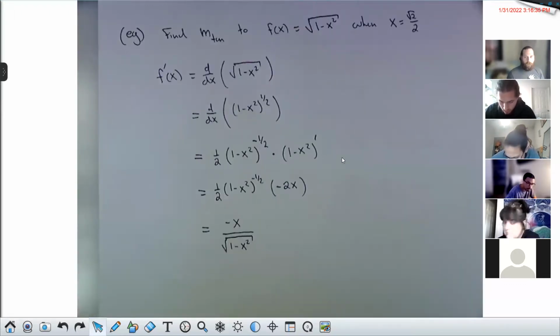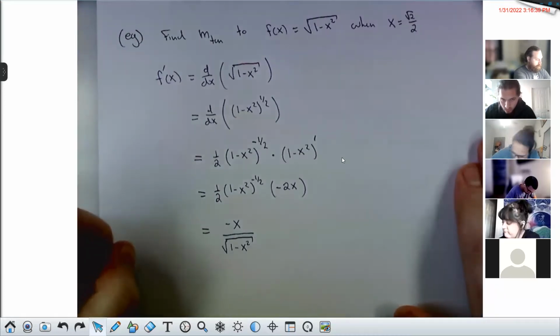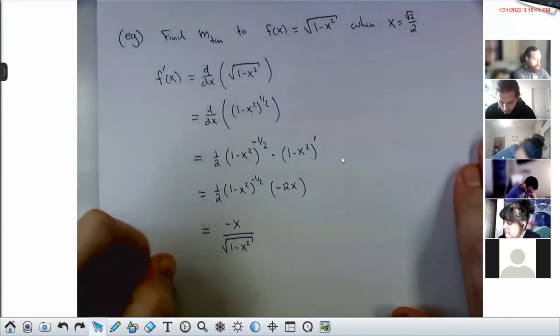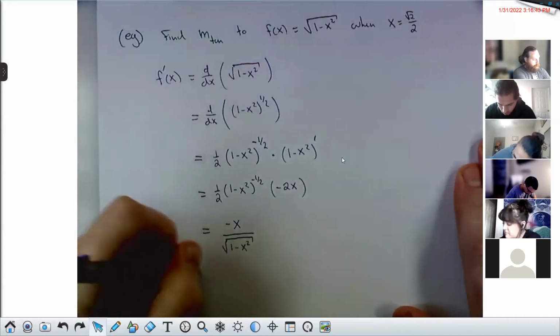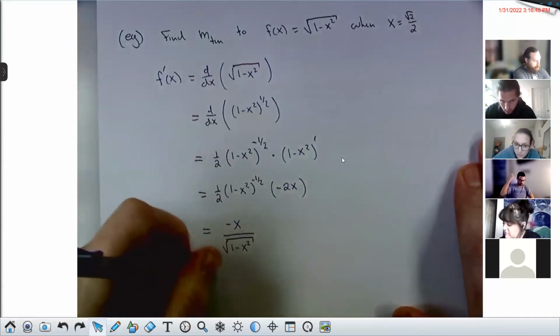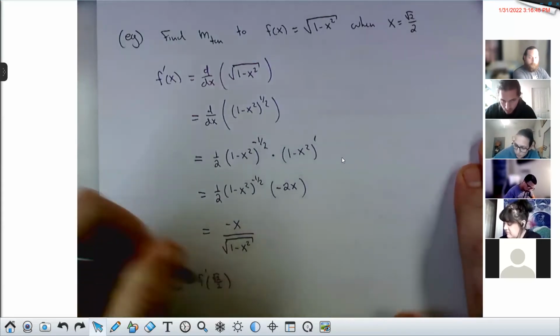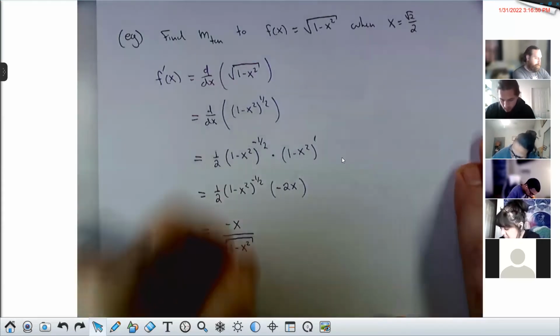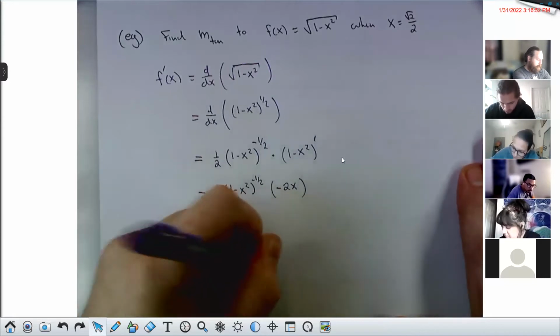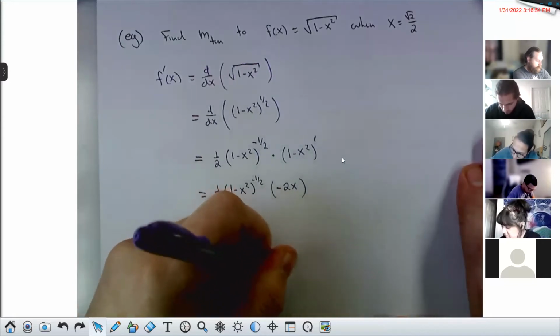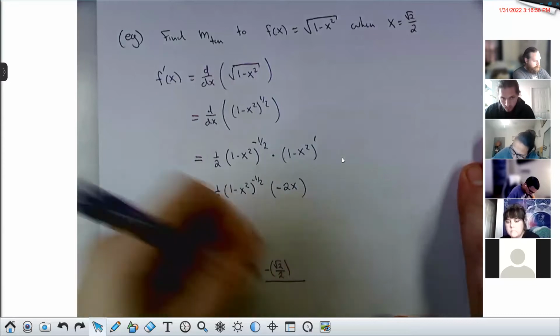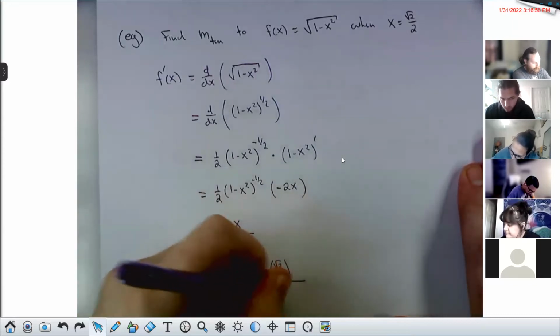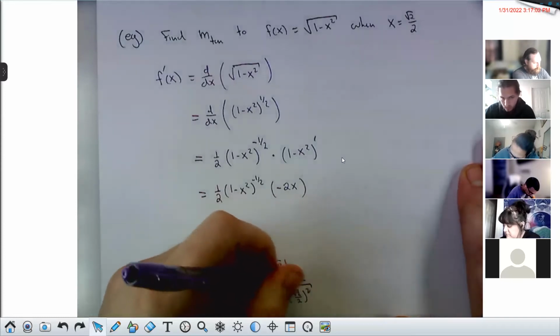So if we want the slope of the tangent line, that would be f primed evaluated at √2/2, which would be -√2/2 divided by the square root of 1 minus √2/2 squared,